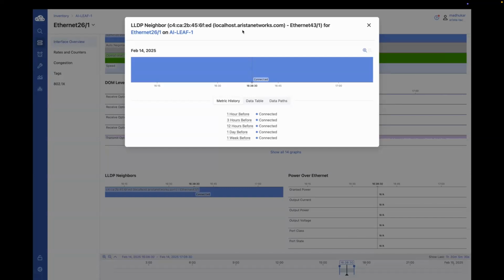Upon checking on this, the customer confirmed that this is a device which is supposed to be a new spine device. And since it doesn't have any host name, that's why we see the name localhost.aristanetworks.com. This is supposed to be provisioned, but it's not onboarded as yet. But it seems like someone had cabled this device and connected the link between the new device and the leaf without shutting down the uplinks or moving them into a no switchport mode. And hence, this localhost device ended up acting as a layer 2 bridge between all the leaf and the spine devices.